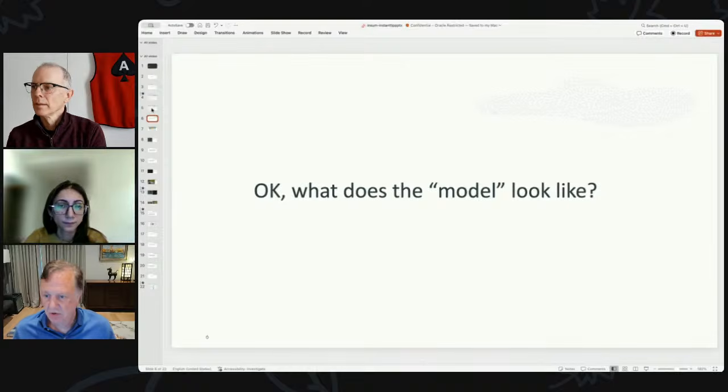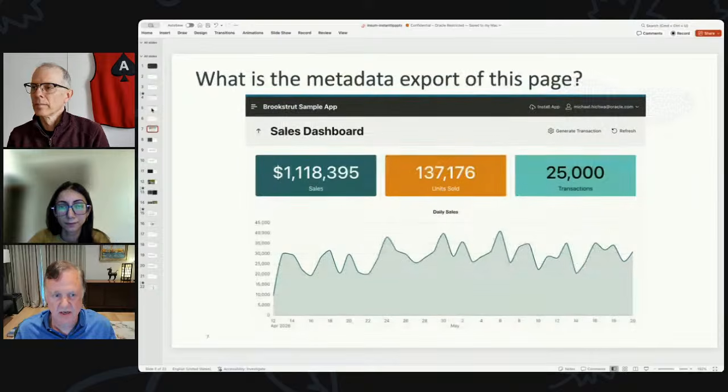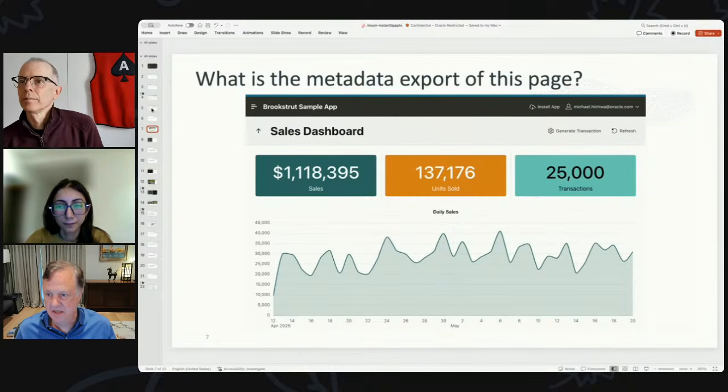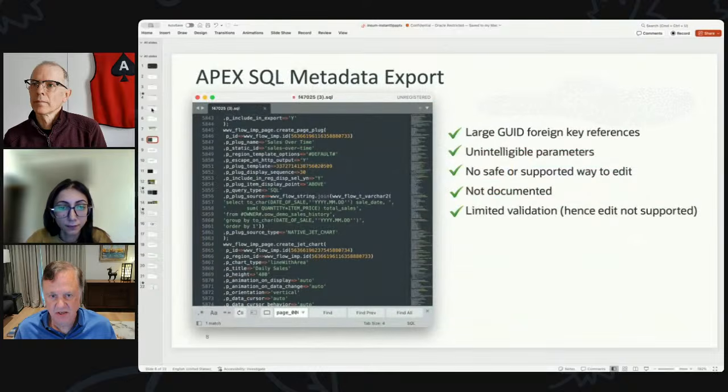Okay, so what does the model look like? If it's all about the model defining my application, what does that model look like? Here's the page I want to create. This is the end user view. This is what the Apex engine renders to the user. So all good there. But what is actually in the back end, or what does the metadata look like? If I were to export the metadata for that page,